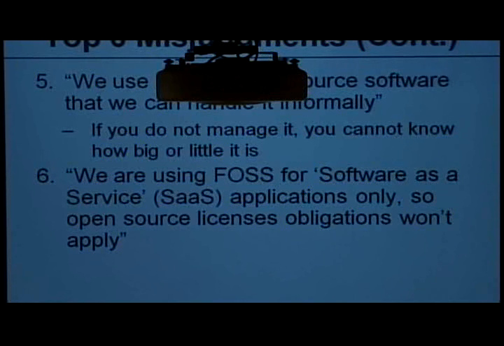Well, to some extent that's right, but only to some extent, because first of all, there are also open source licenses where the obligation to distribute the source code is already triggered when you grant access to the use of the software via a network. So far the only one is the AGPL, the Affero General Public License. But there's one more thing to consider.